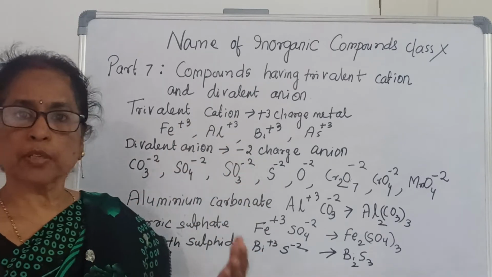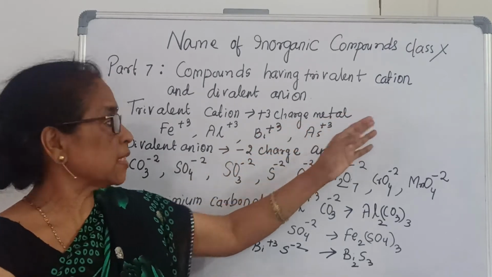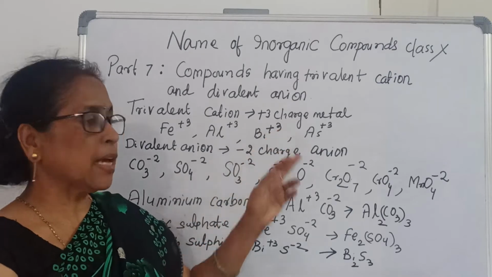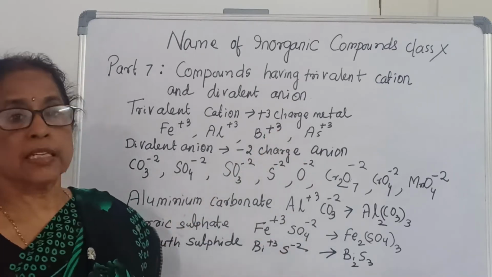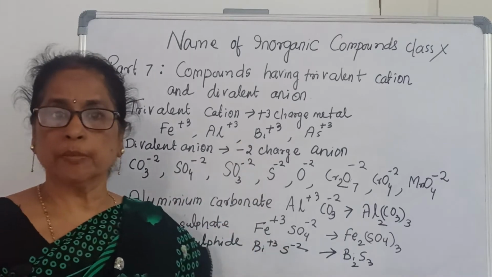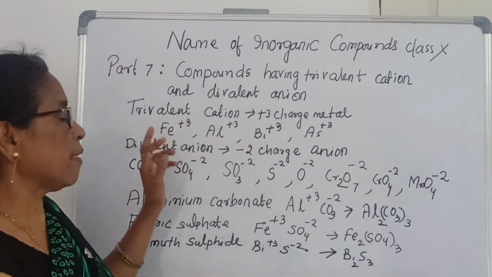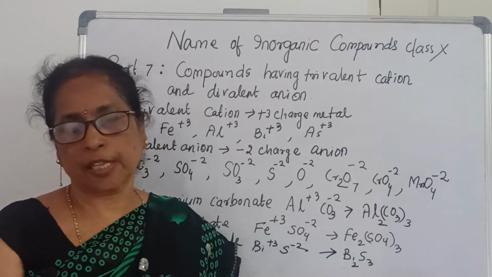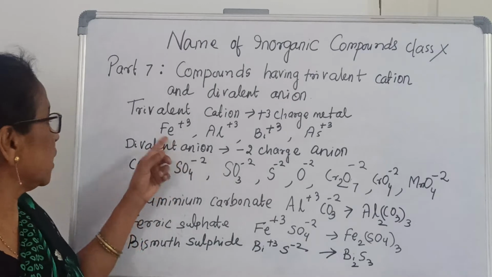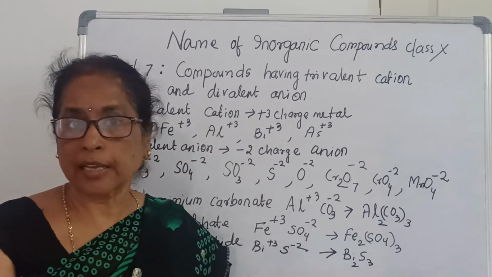Trivalent cation means plus 3 charge, and generally they are metals, and they are also called basic radicals. Fe plus 3, Al plus 3, Bi plus 3 and As plus 3. As plus 3 means arsenic plus 3. Bi plus 3 means bismuth plus 3. Aluminium plus 3 and Fe plus 3 means ferric plus 3. The other one is ferrous, Fe plus 2, and now it is Fe plus 3, ferric, because here we require